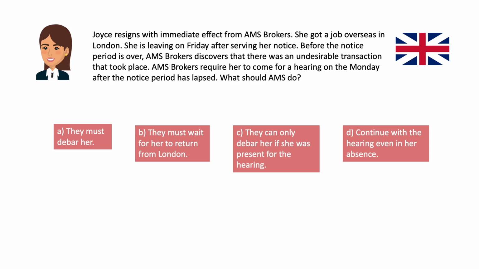The correct answer is D. AMS Broker must continue with the hearing even in her absence. Just remember that the FSP needs to follow the process before debarring a representative. And even if Joyce could not be at the meeting, she should or could provide a response to the notice outlining what happened, which will then be considered at the hearing when deciding on whether or not she should be